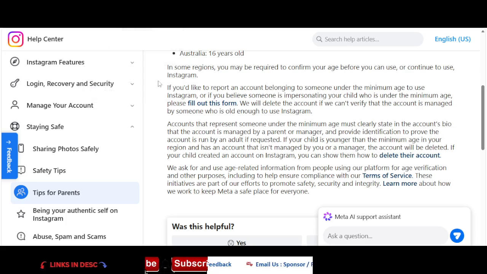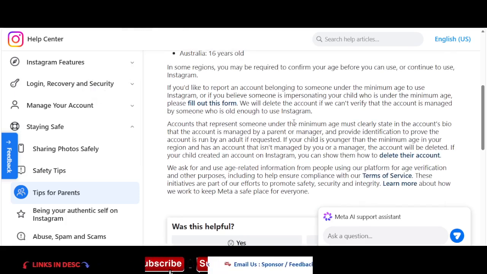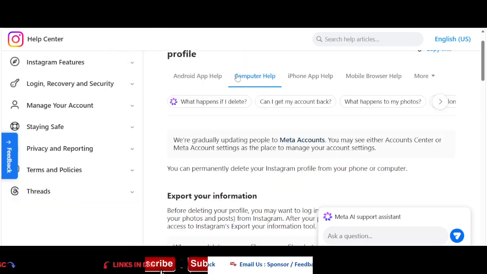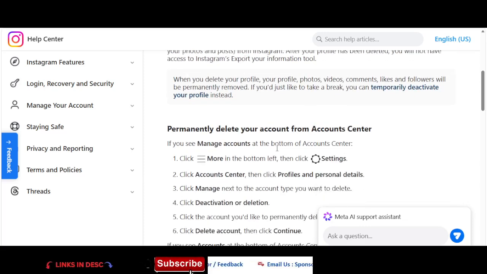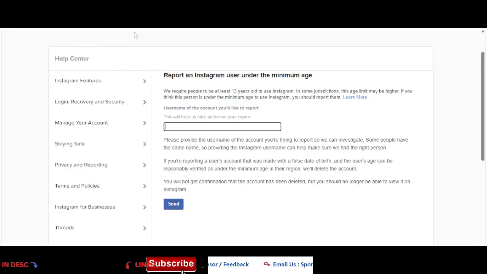If you think your child has created an Instagram account and is continuously using it without your knowledge, then you should ask him or her to delete the account. Here is the process to delete. I'll tell you this, and also if he or she is not ready, then what you can do